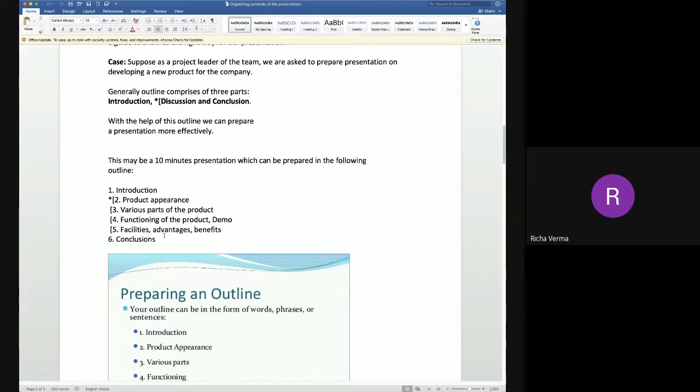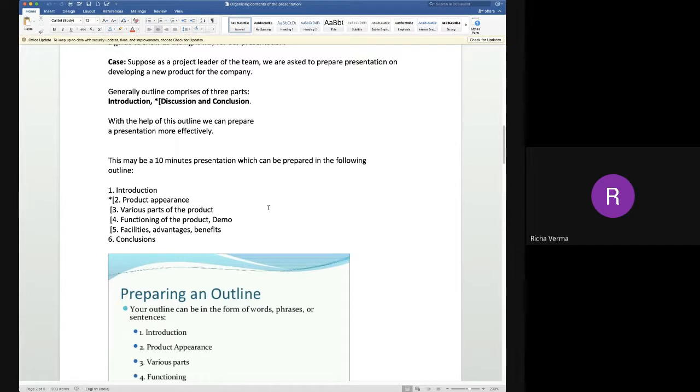Okay, so facilities means how your washing machine is different from all the other washing machines launched in the market by other companies. So if they are already there in the market, how is your washing machine different? If there is some specific feature which makes it different, like making the water cold and hot, or maybe it has got an automatic shift, or it has got an automatic drying system or anything. So that type of special facilities or special advantages, if you are giving some kind of a discount, if you are giving some kind of free services or free transportation or free repair services, etc., you can always state in facilities and advantages in your discussions.